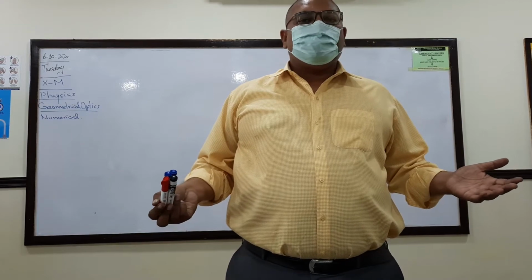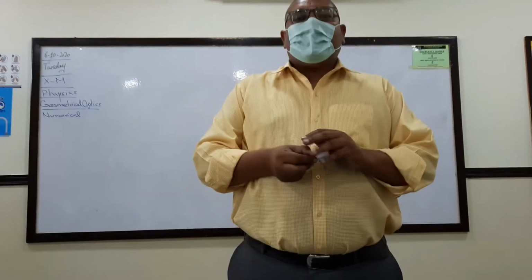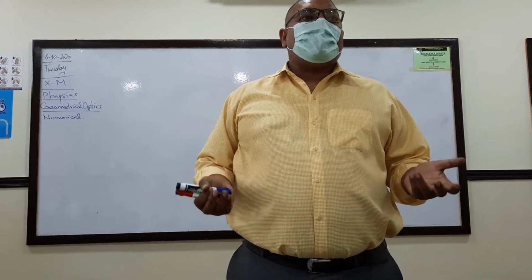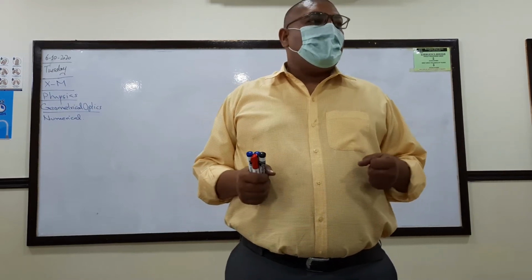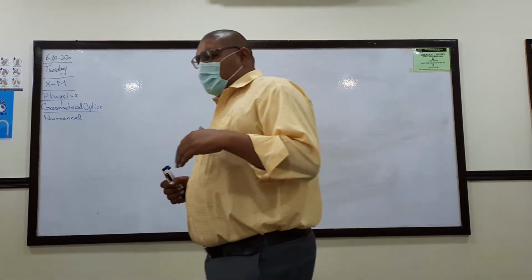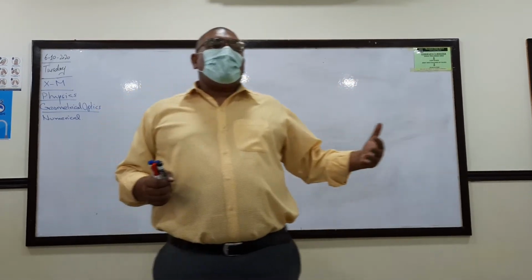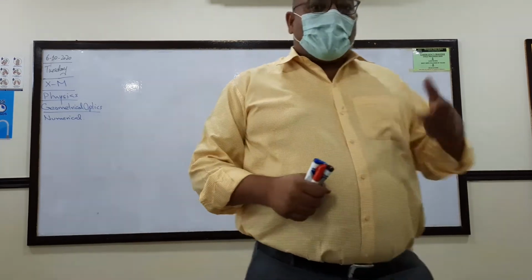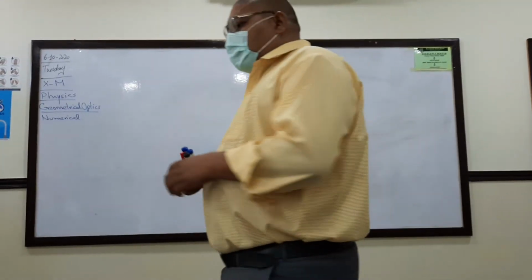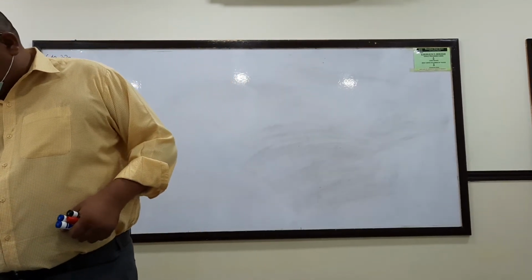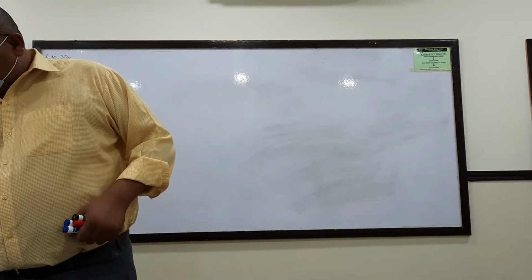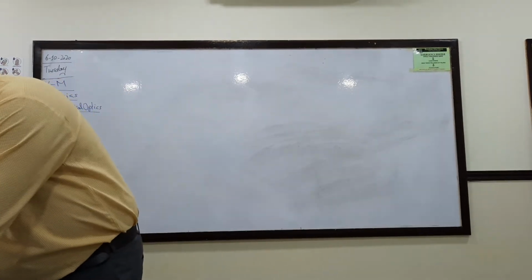The day is Tuesday. My name is Farhan Mazhar, and right now I am with the 10 metric class, and we are studying physics, and we are on the chapter of geometrical optics right now. In my last lecture, we were working on numericals, and so we are continuing that. Last time we were on numerical number 12.8. We are, I think, done with that. So, start the next one.